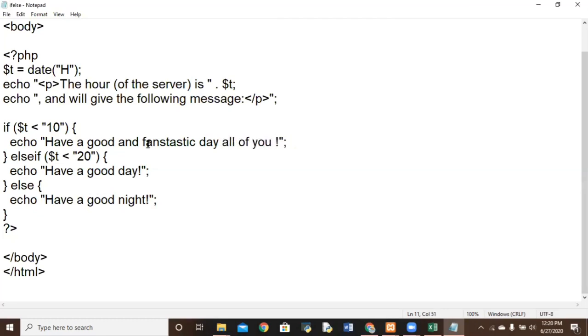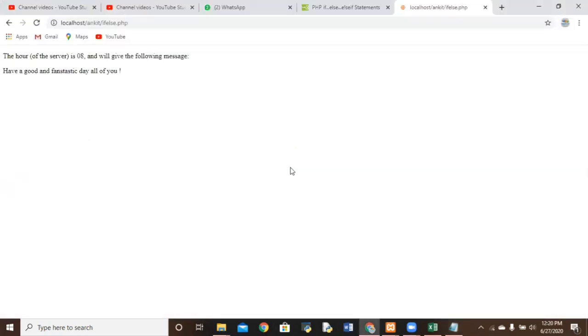Okay, I have saved this. Again coming back, F5. So see, we have written have a good and fantastic day all of you. This is my elif statement in which I have used three conditions, more than two conditions, that is called the elif statement.